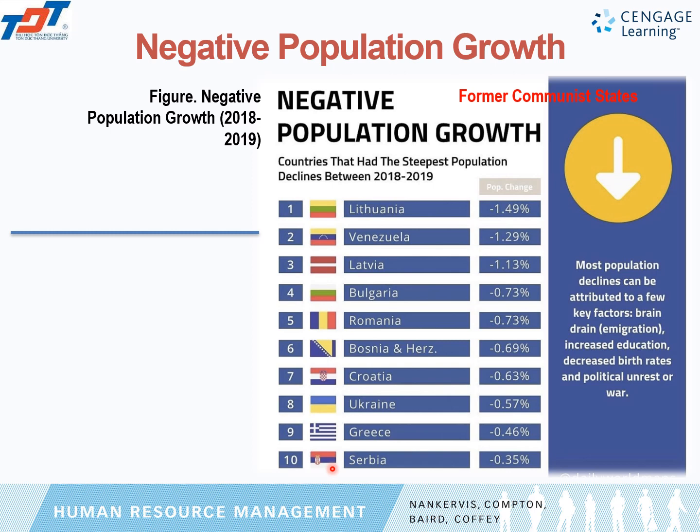Now, why are these countries experiencing the largest negative population growth today? It is because of a number of factors. Number one is the so-called brain drain or emigration. Emigration, remember, is leaving one's own country to settle down in another country, mainly attracted by better living conditions. What is interesting about most of these former communist states here in the table is that they are